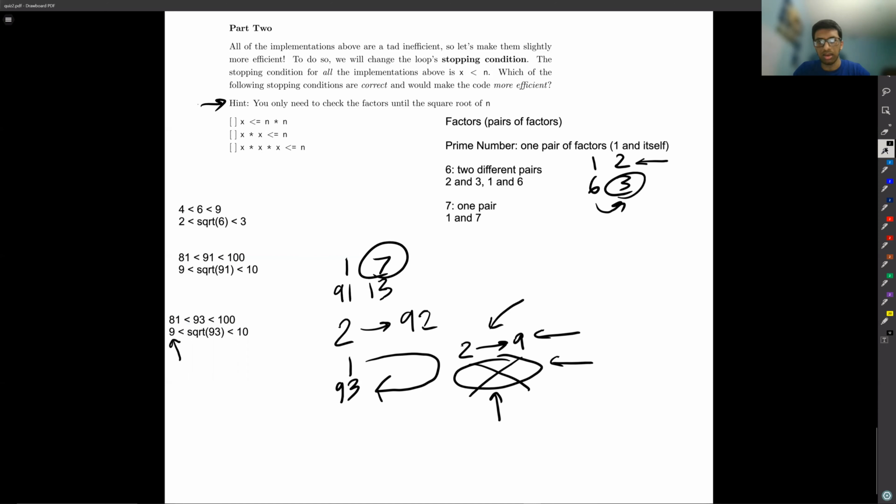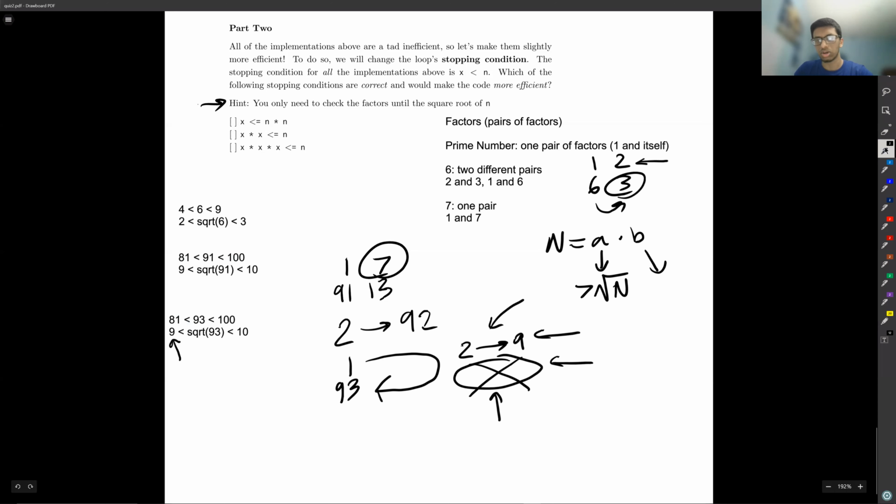If I say that n is some number which is equal to a times b, and I know that a and b are two whole numbers, well, it must be the case that a is less than or equal to the square root of n, or b is less than or equal to the square root of n. Because if a was greater than or equal to the square root of n and b was greater than or equal to the square root of n, then a times b, actually I can write this out if that's too much. So if I say a is greater than the square root of n,